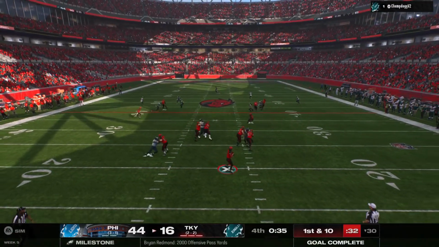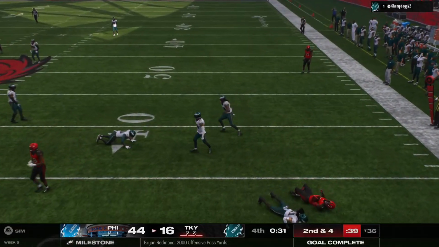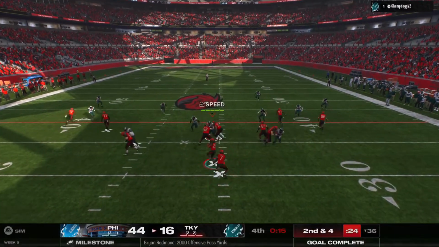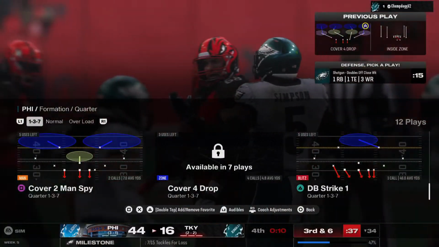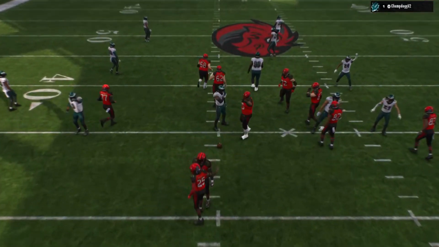Back to throw here to begin the drive. He'll go right and find his running back. And he's brought down after a gain of 6 on first down. He is met and dropped. Good defense. Loss of a couple on that play. So it's a